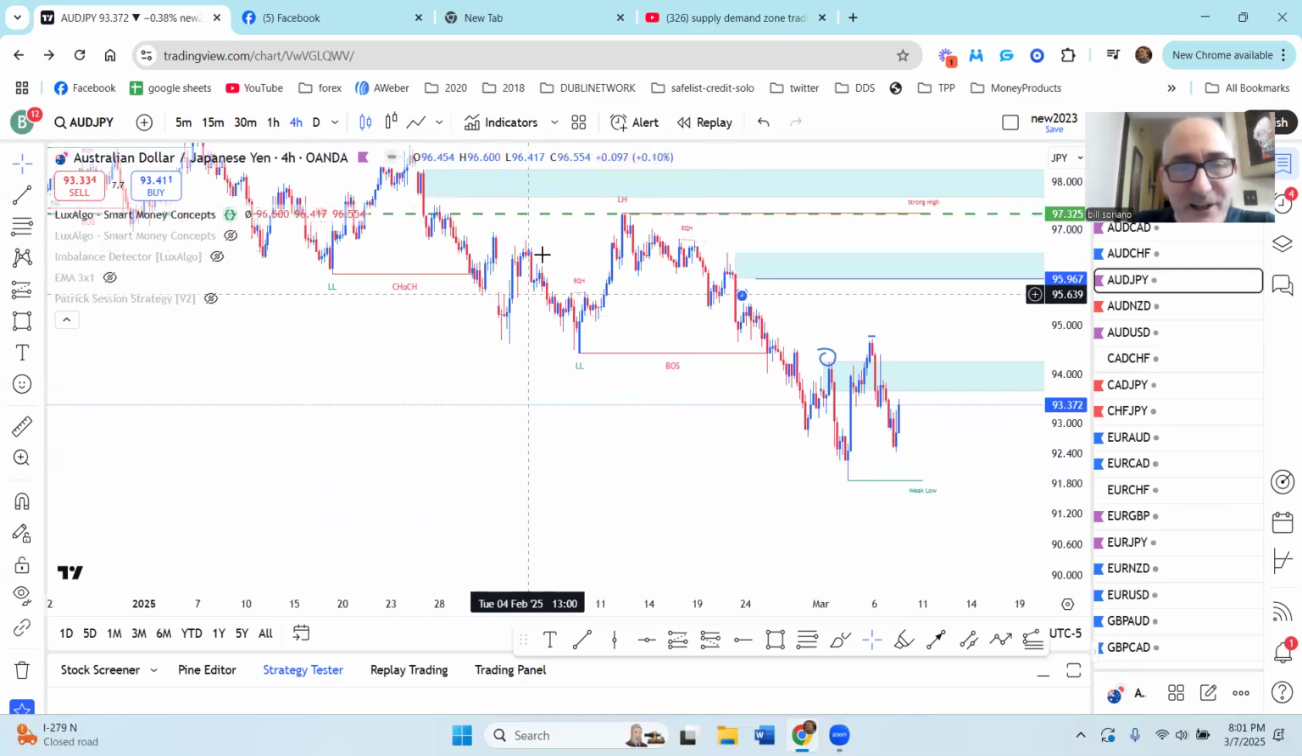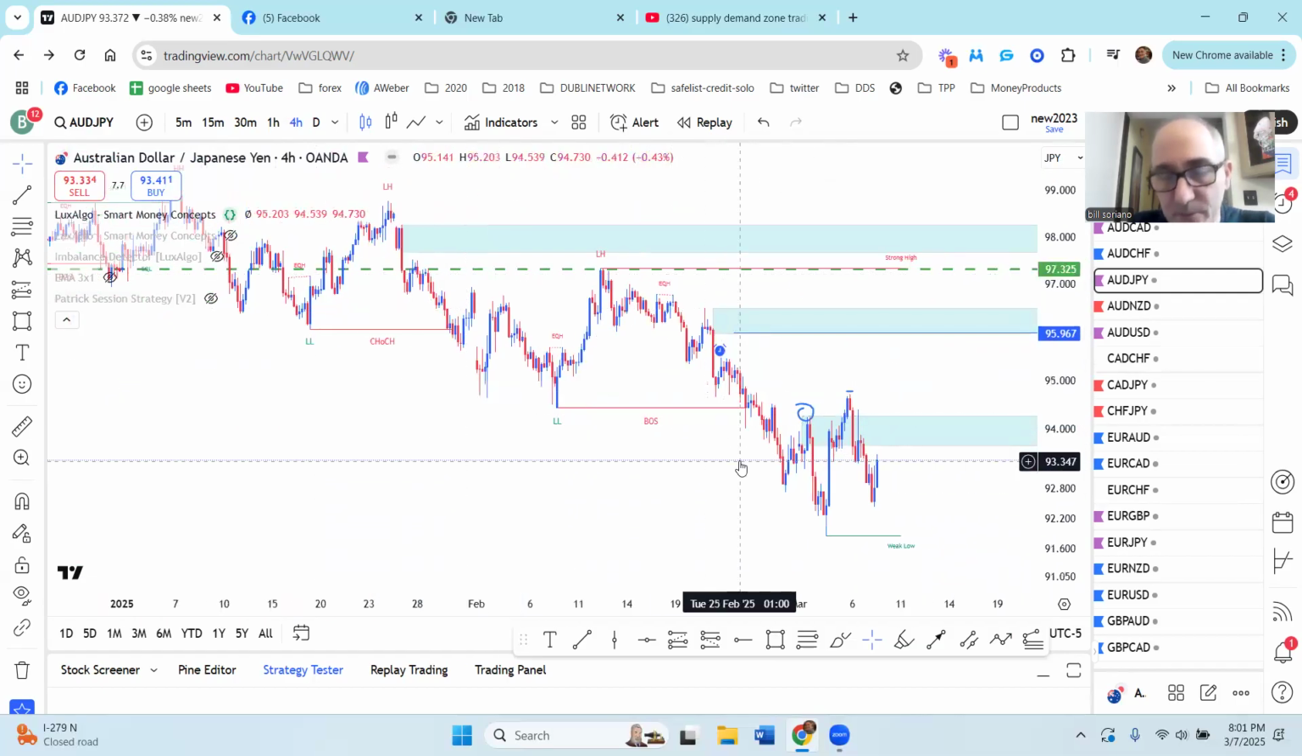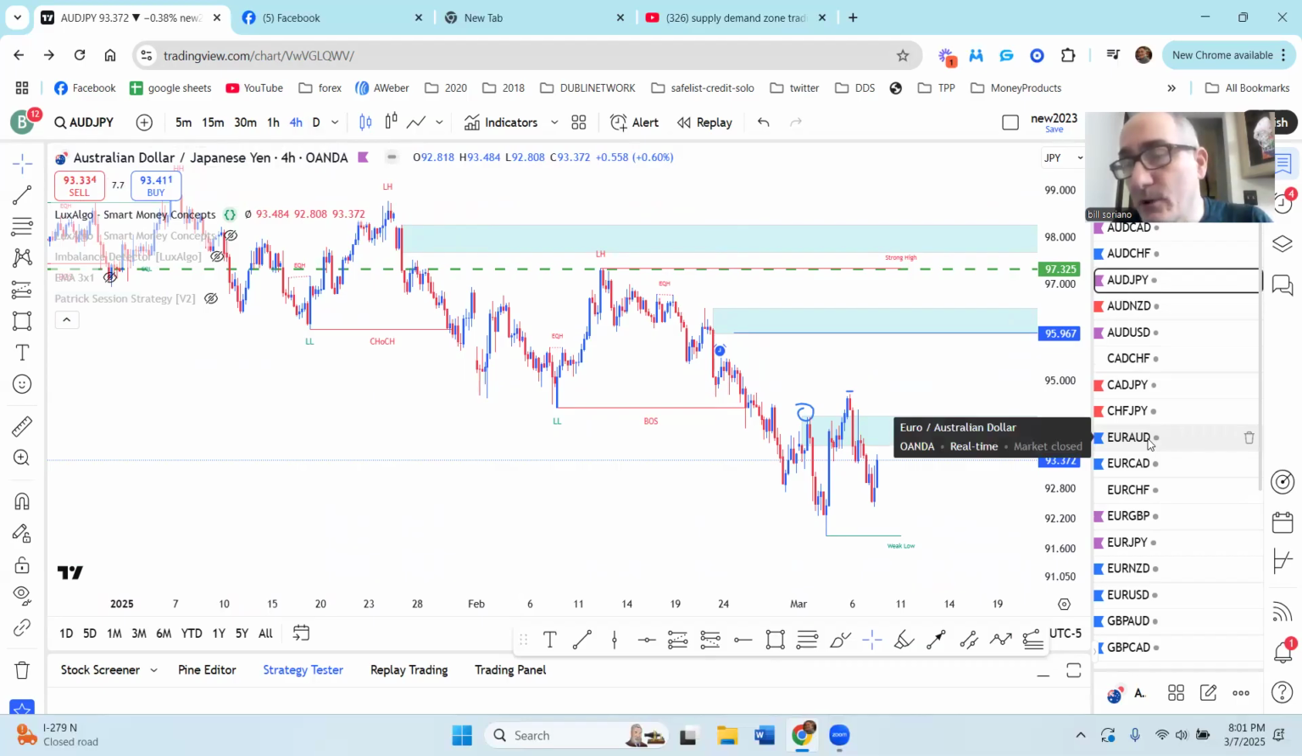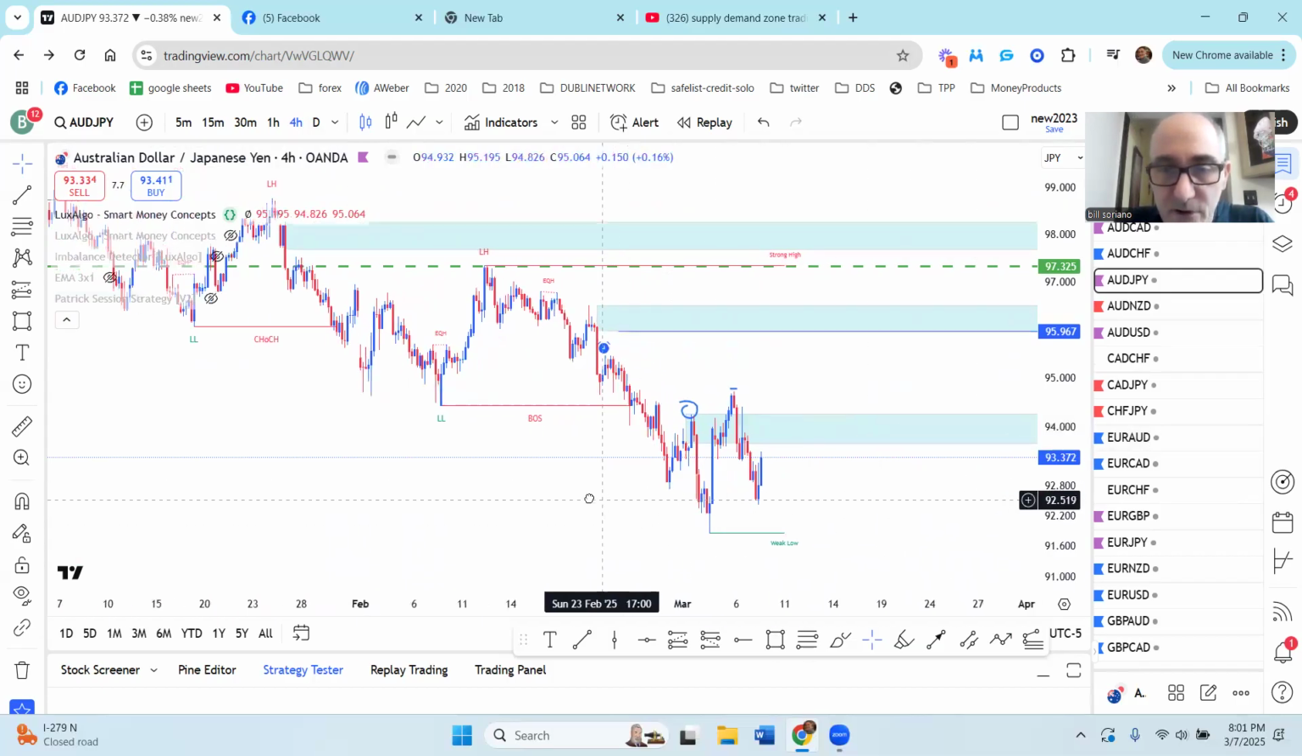Here we get the change of character on the 4 hour, we get a pullback, and then we get the break of structure. So that got us to the bullish. Now we're on the right time frame. We're on the 4 hour. Remember, we're going to use the 4 hour to identify the market direction and identify the supply and demand zones to trade from. Okay, so right here